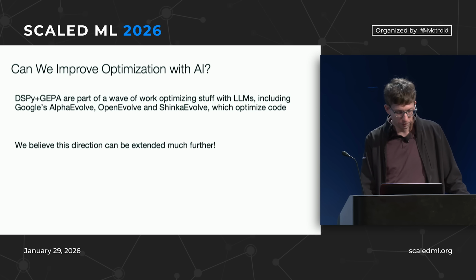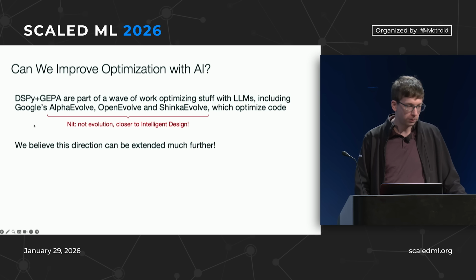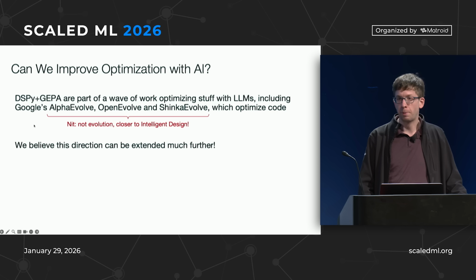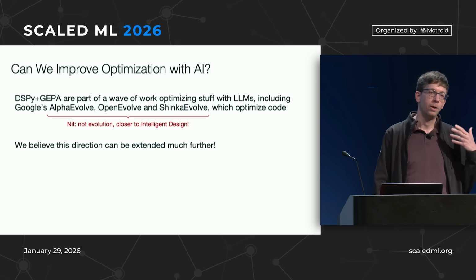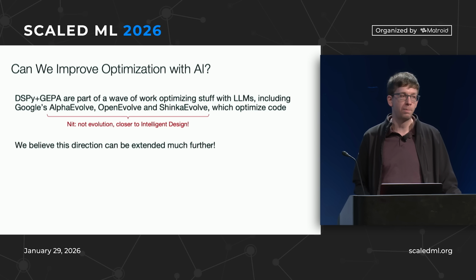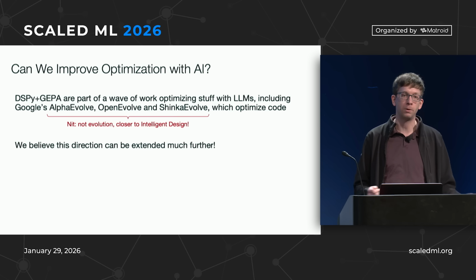I will also say, and we also called our thing evolutionary, but I have a major nit with these. I think it's bad to think of these as evolution. Because you're having a powerful model reflect on the thing and propose changes, it's actually closer to what I'd call intelligent design. So it's very interesting. And this means maybe sometimes we should use a stupider model to get diversity like evolution has. But evolution is supposed to be random, not intelligent changes, and this is kind of the opposite of that.